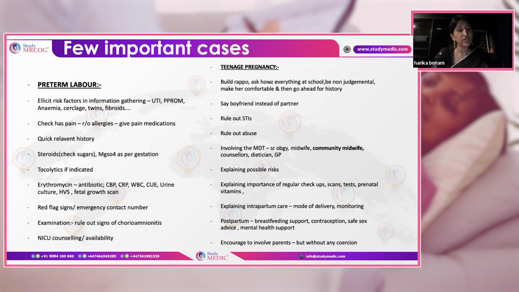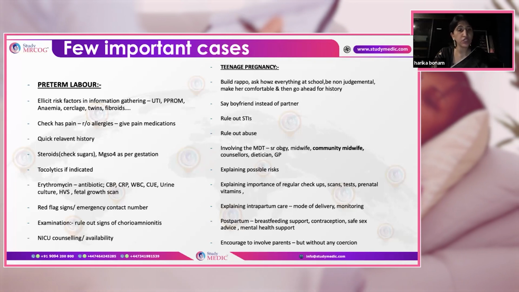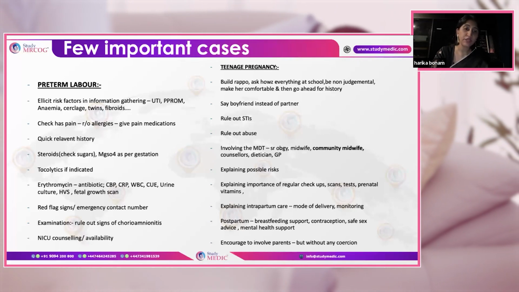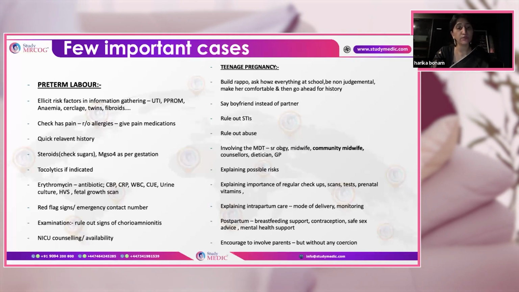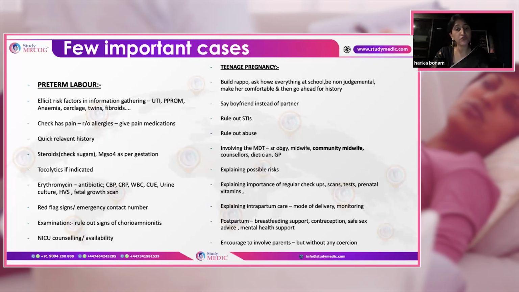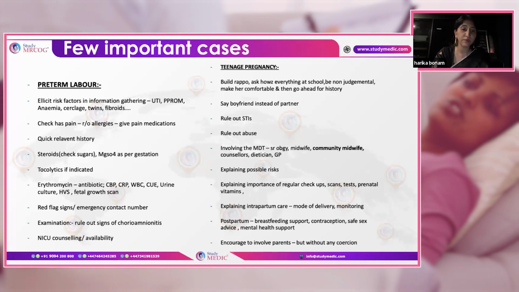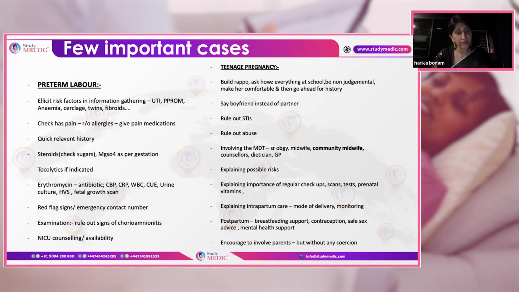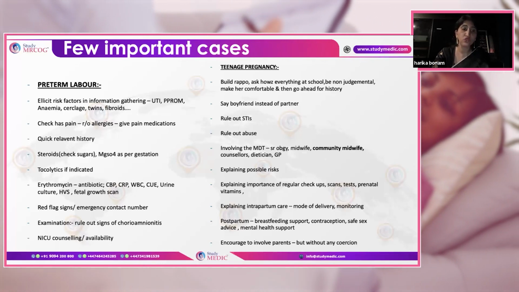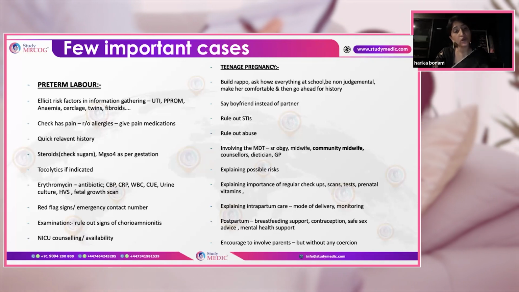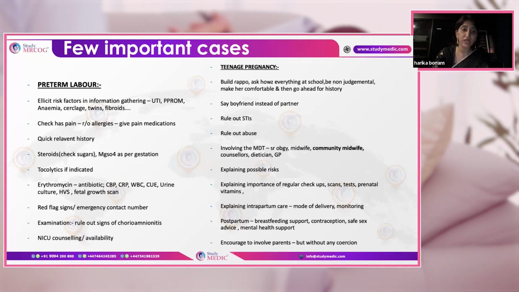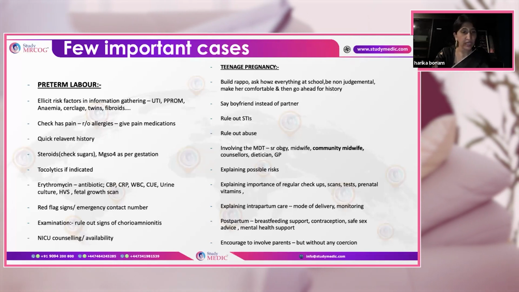For PPROM, we usually give erythromycin 250 mg QID. So you have to talk about it. What investigations you're going to send: complete blood picture with CRP, and WBC count you should be monitoring. A PPROM patient, if you're sending home, you'll have to monitor the CBP, WBC and AFI at regular intervals. Also do complete urine examination, urine culture and high vaginal swabs to rule out the source of infection, and a growth scan to have an estimated fetal weight and to have the NICU counseling to the patient and the attendant.